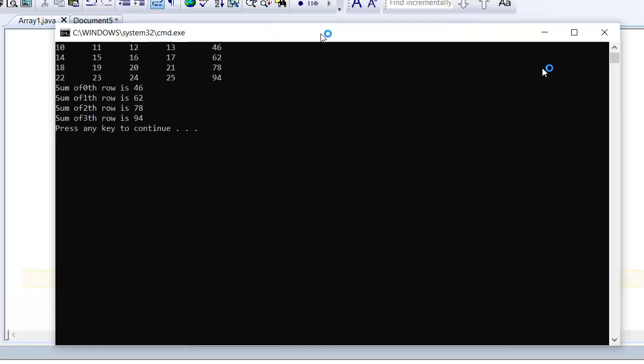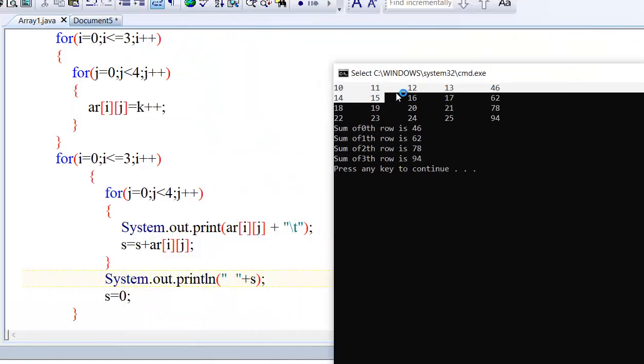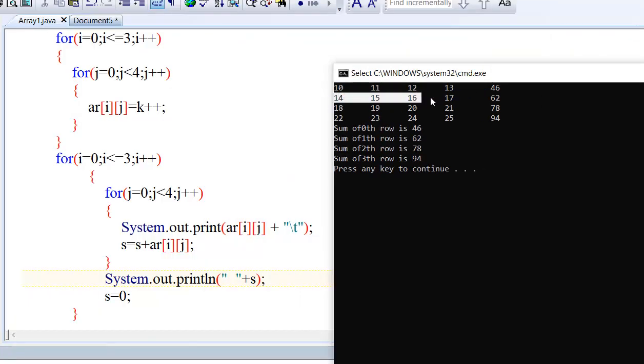Why is s = 0 required? For the first row's sum, then for the second row we again need the sum starting from 0. That should start from 0, that's why s = 0 is required. That's fine. Okay, now